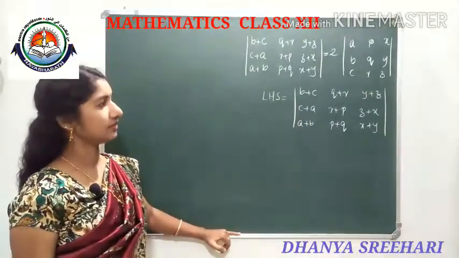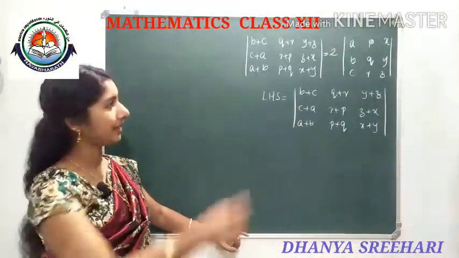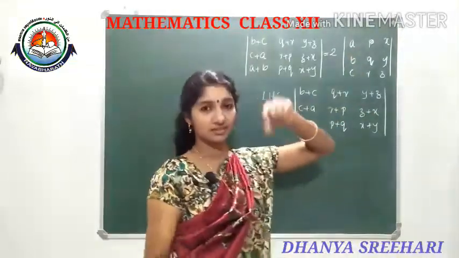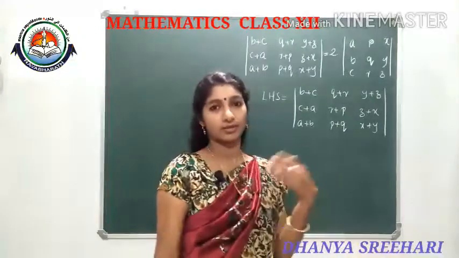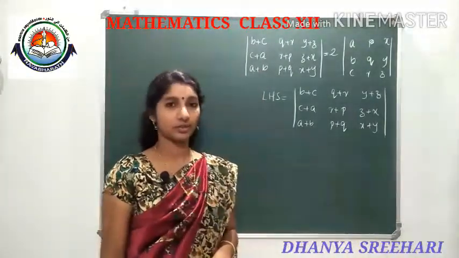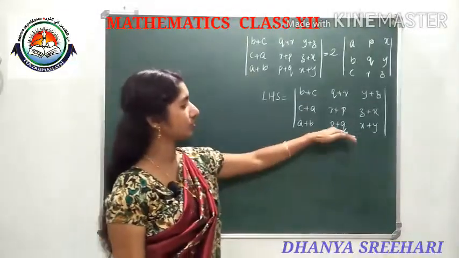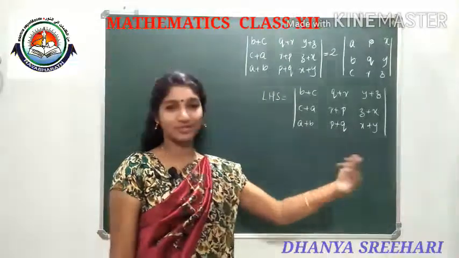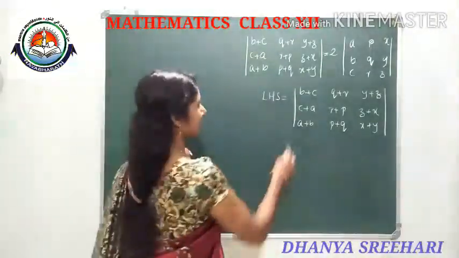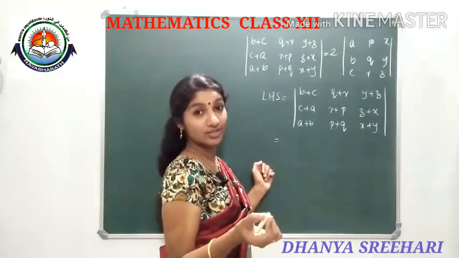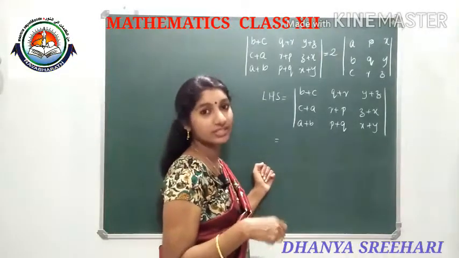And we need to make it so that here there are sums and there only single terms are there. So we can do some elementary operations to change that. Okay. So first I am going to interchange the rows and columns because column transformation is easy for me. And we studied that while interchanging the rows and columns there will not be any change in the determinant value.